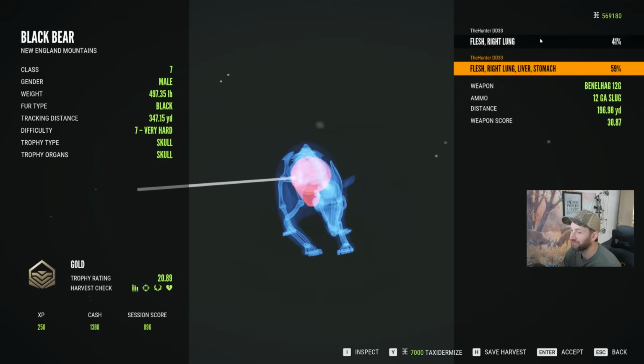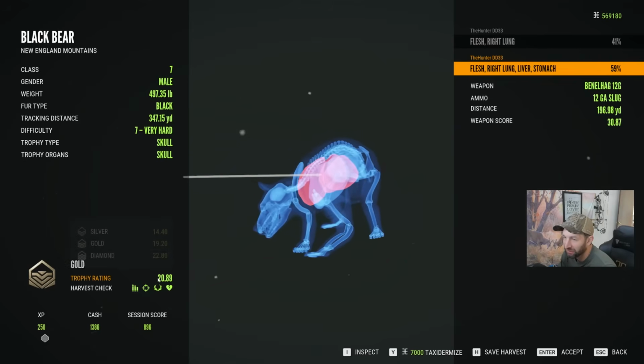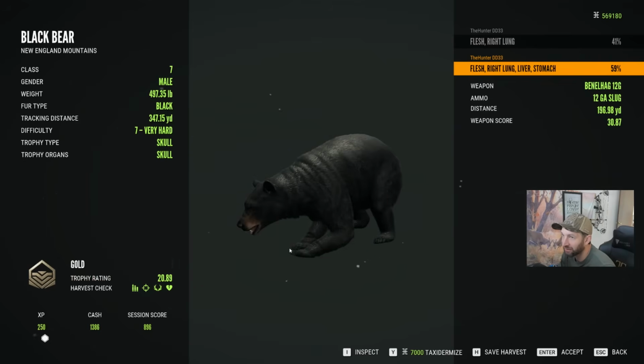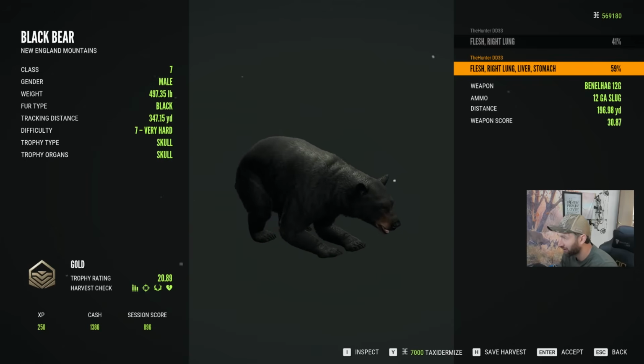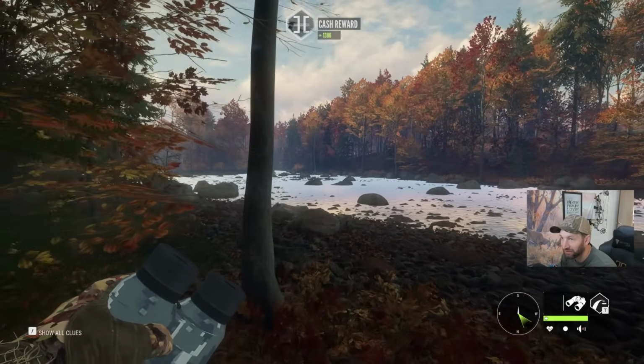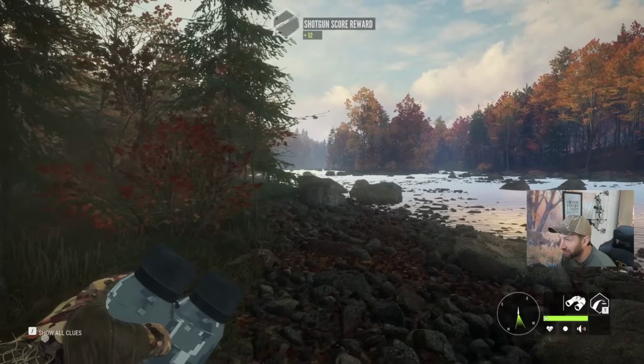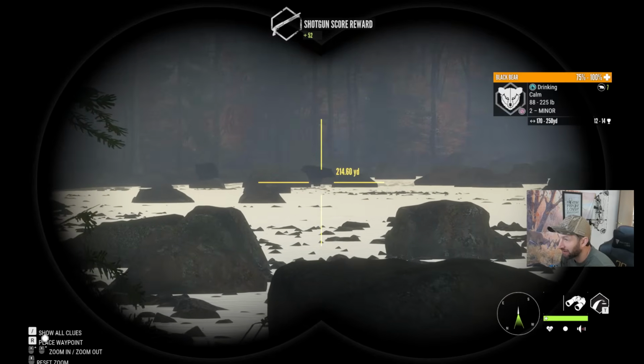It looks like we did in fact need both of them, because that's only 41%. He would have ran a long ways. It's gonna be a 20.89 gold, and he weighed almost 500 pounds. So to me, that makes me want to take a shot on this one and see if we can't go for potentially a heart shot at 200 and...